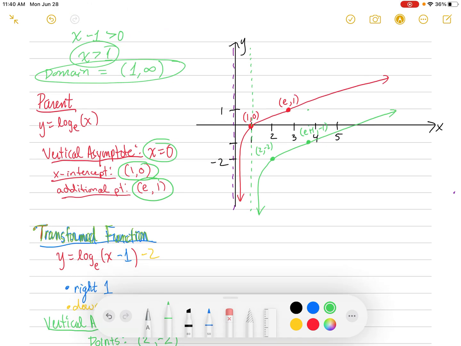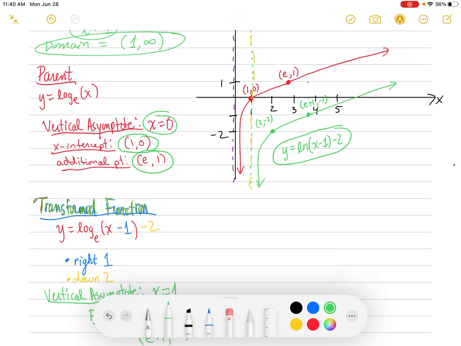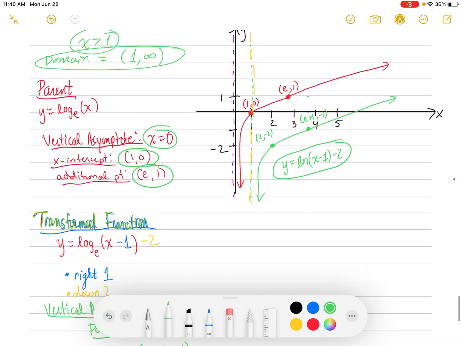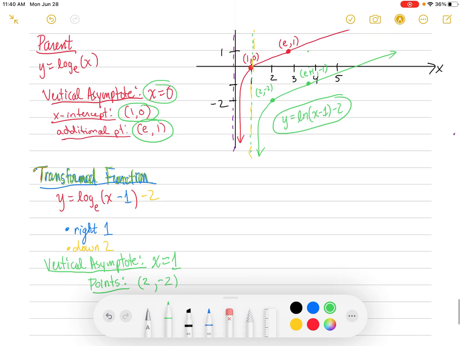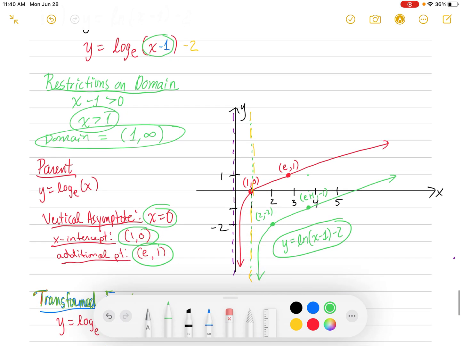And as you go to the right, this graph still goes off to positive infinity. But as you go to the left, the graph goes down towards the vertical asymptote. I'll make the vertical asymptote yellow so it doesn't get confused with the graph. So this is your graph right here. This is y equals the natural log of x minus 1, minus 2, in green. I went through 2 key points, (2, -2),